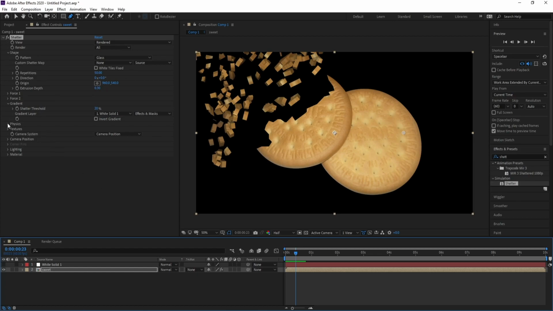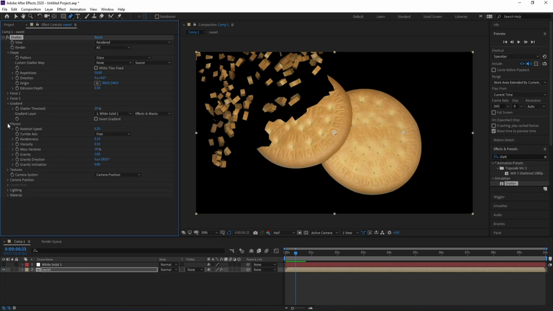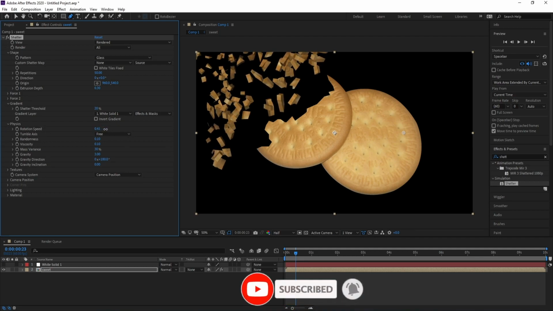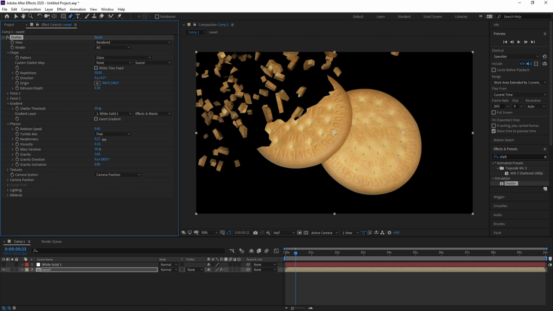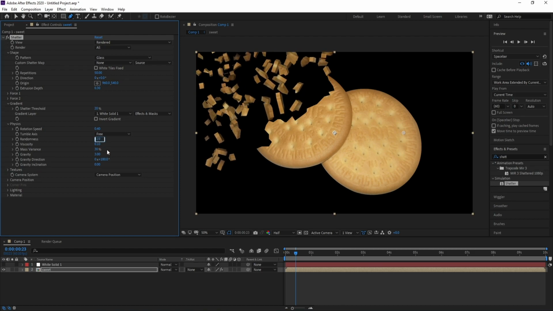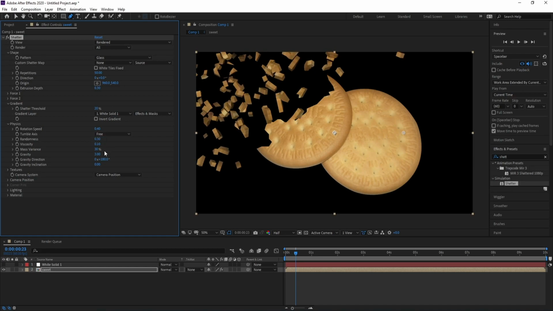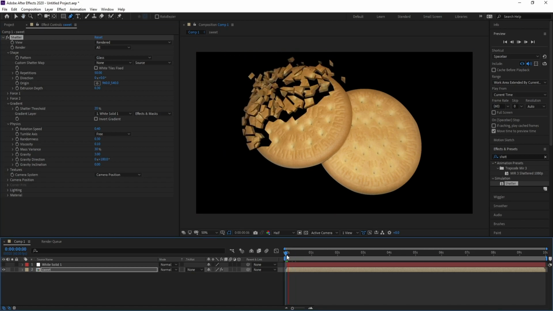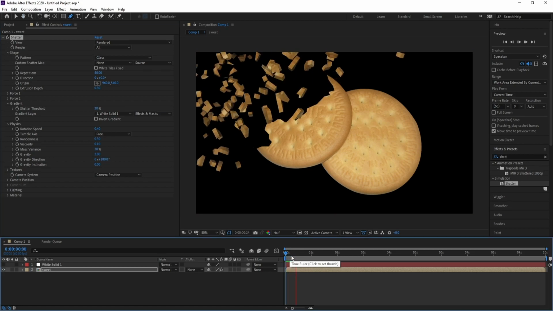Okay, now go to Physics and Rotation Speed, increase it, make it 0.40. Okay, Randomness, increase it also, maybe 0.30 will be good. Yes,